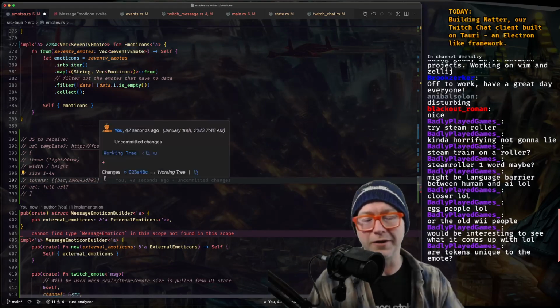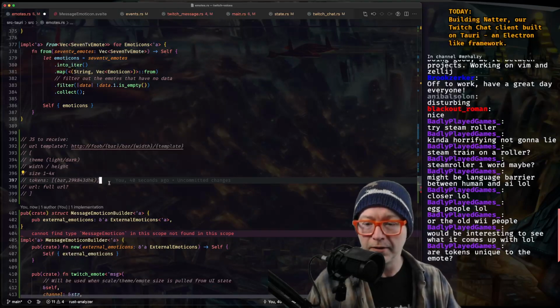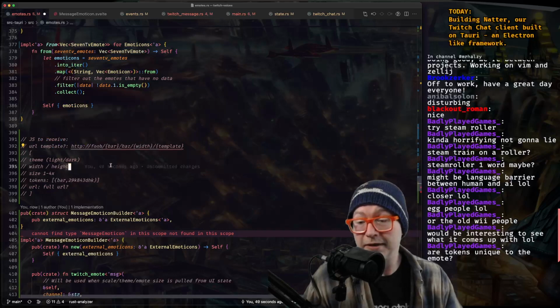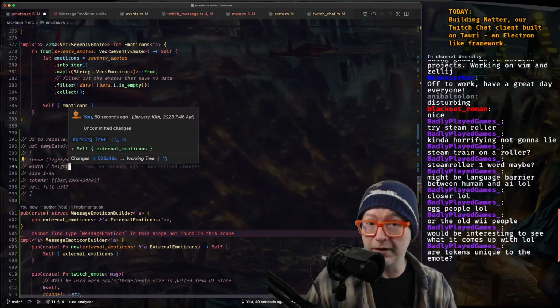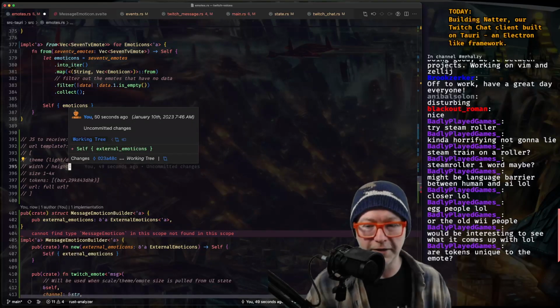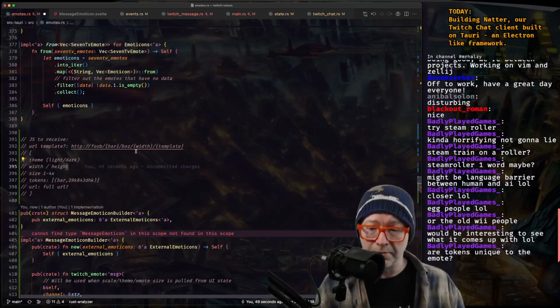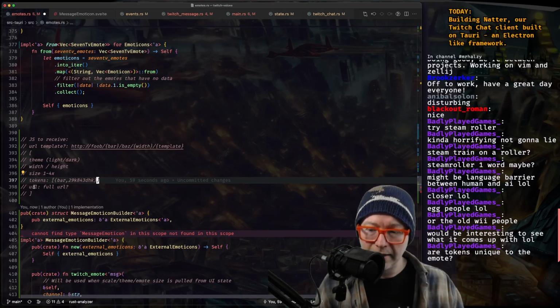And tokens would be all the other stuff in the bag, right? And that might be the emote ID, because Twitch might not have emote IDs, whereas 7TV does. Just pulling stuff out of the air. I don't know if that's true. I don't think that's true, actually. I think it might actually be better to have the full URL and then just the consistent pieces.